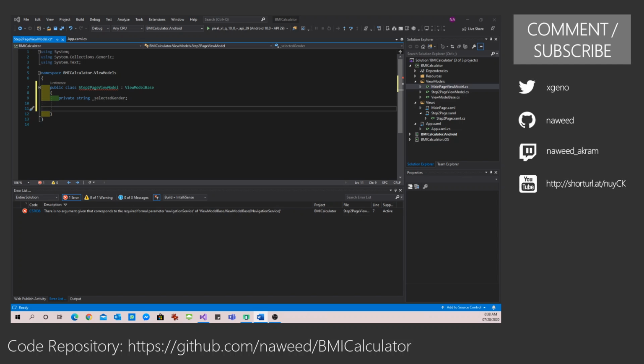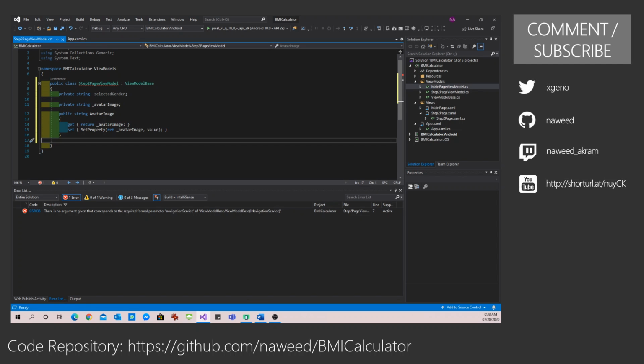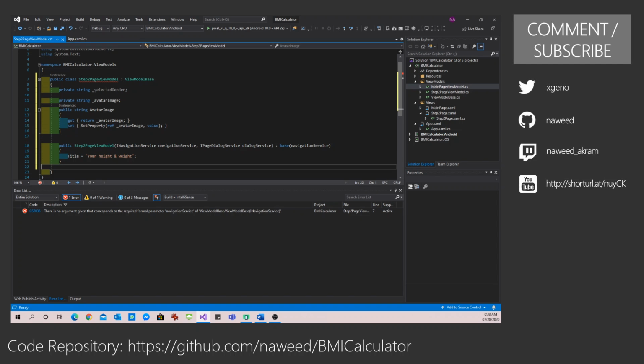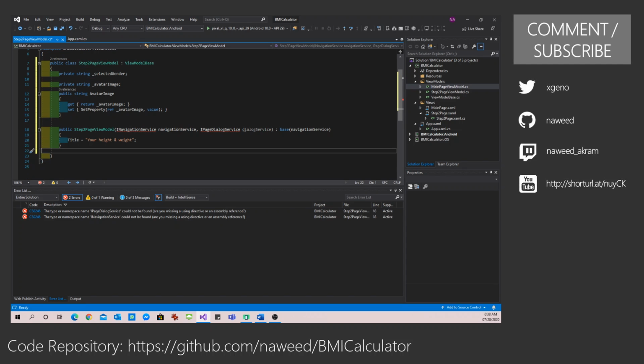Now with this, I can also add a property called avatar image. Depending on if male was selected, I want to display a male image. If female is selected, I want to display a female image. So I'm defining a string property called avatar image, and I'm going to bring in the default constructor for now, nothing special about this. I'm just setting the title to your height and weight.